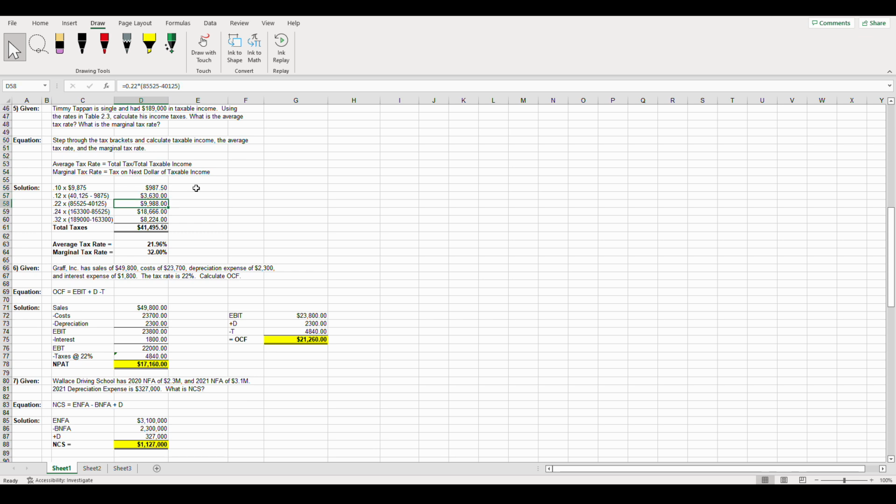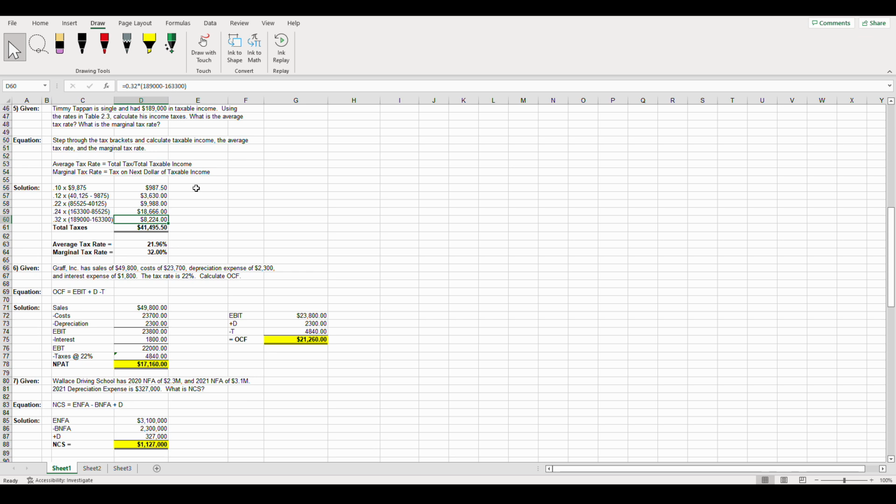The next tax bracket is 22% on the difference between 85,525 and 40,125. That gives you $9,988 of taxes. Next tax bracket is 24%. And notice how as the income goes up, the tax rates go up: 24% on any difference between 163,300 and 85,525, giving you $18,666 of taxes. And then finally, the last tax bracket to take you up to the 189,000 in taxable income